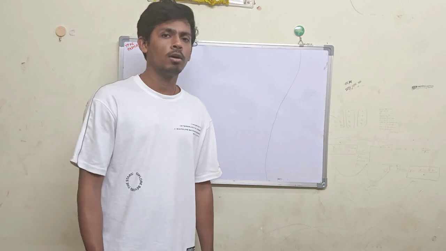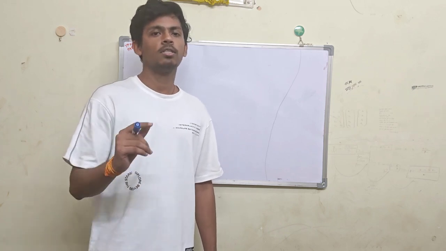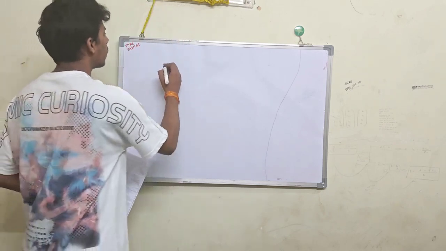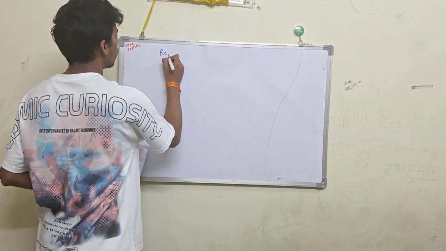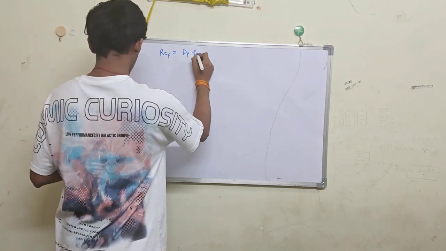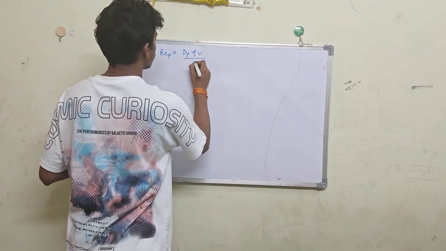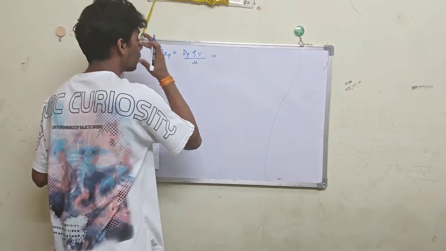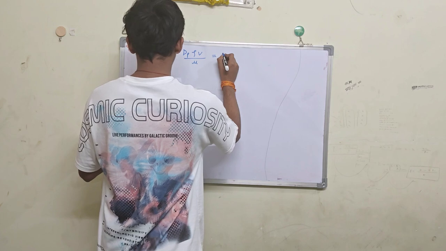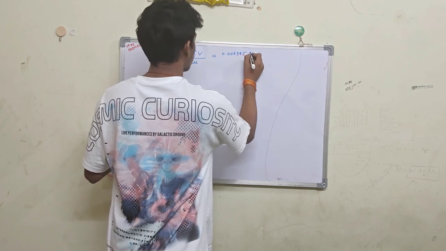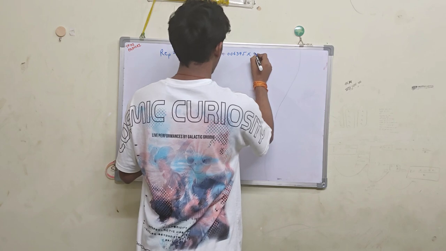Now, in solving any packed bed question, the very first step is always to calculate the Reynolds number, which we have done in our previous two questions also. So here also, firstly we will calculate the particle Reynolds number. This is given by dp rho v by mu. dp is the diameter of the particle, which is given as 0.00635. Its density is given,